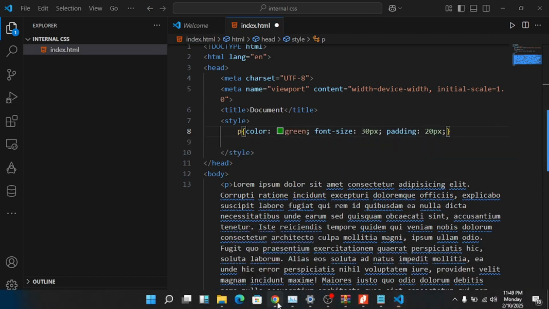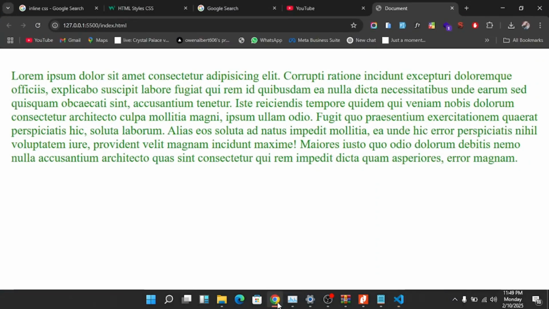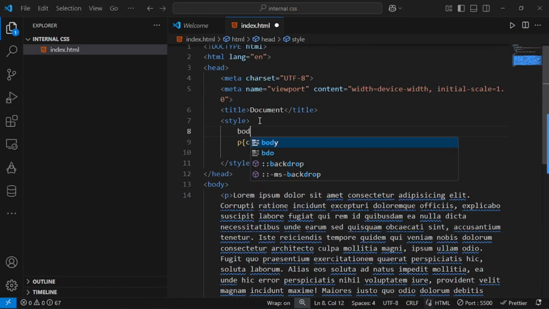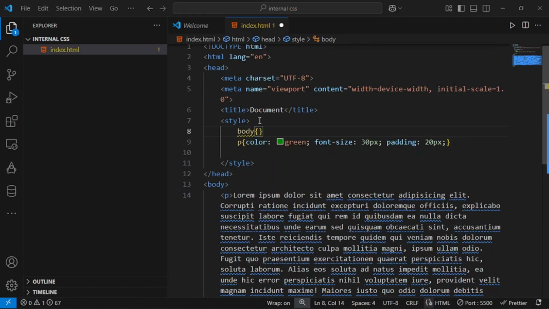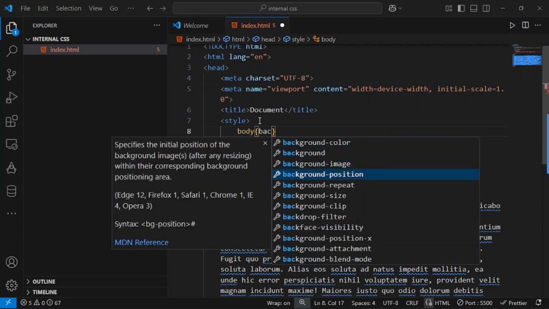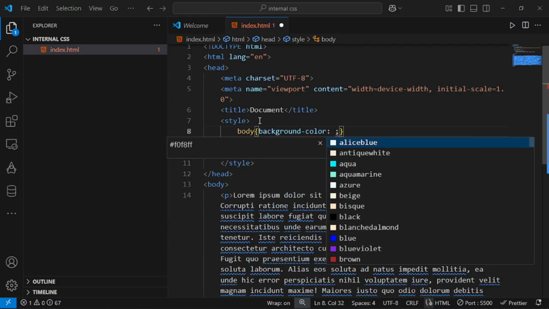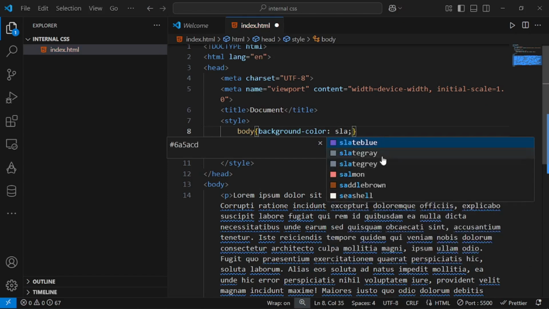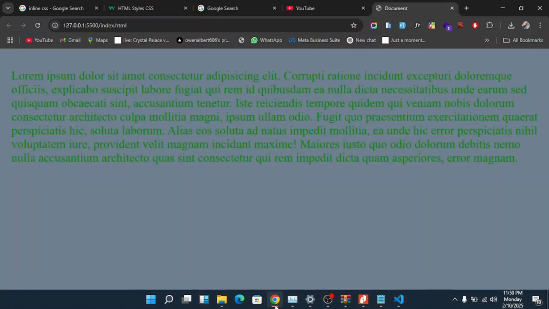So this is what we have, and I'll give a body as well, the entire body. I'll give it a background color of, say, can we say slate gray? Okay, slate gray. So the entire site will be slate gray,